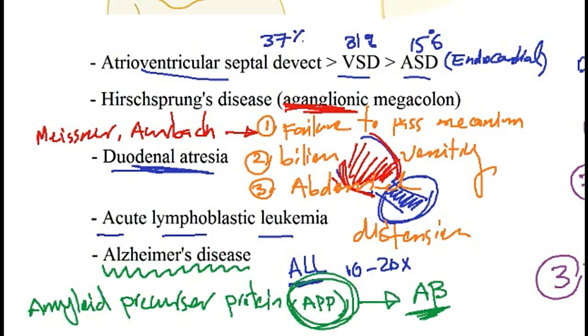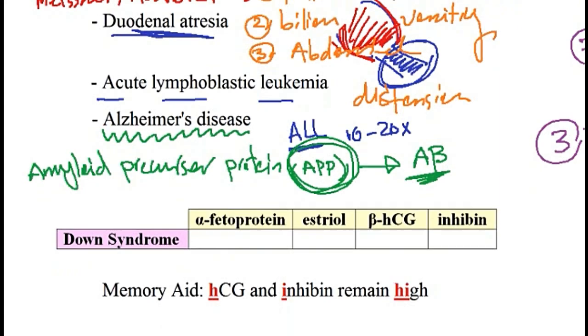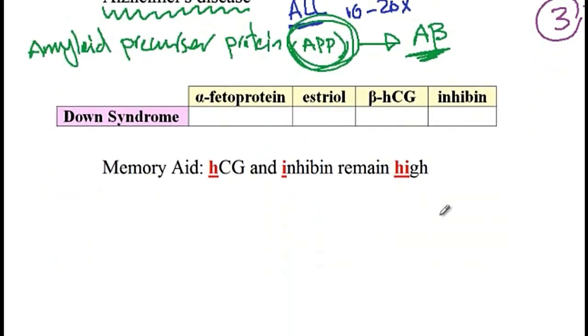Now, there are diagnostic tests that can be done for Down syndrome, and these include the measurement of maternal serum values for alpha-fetoprotein, estriol, beta-HCG, and inhibin. And the findings that you will see are reduced alpha-fetoprotein, reduced estriol, but increased beta HCG, and increased inhibin. This whole test is referred to as the quad test,